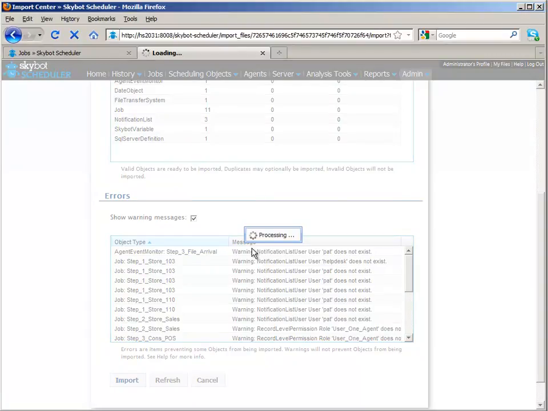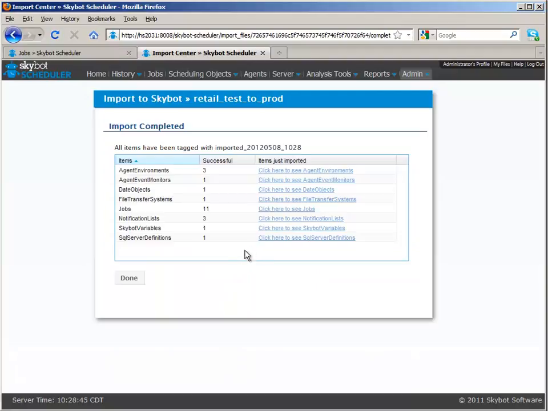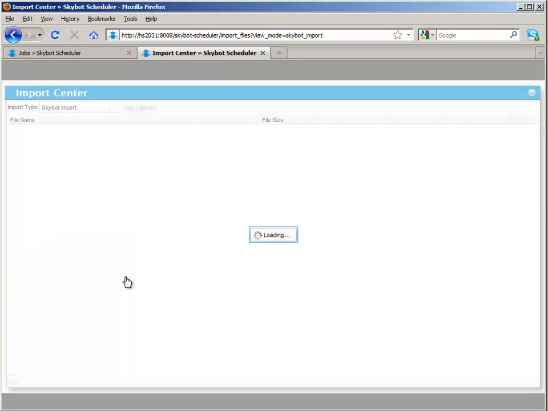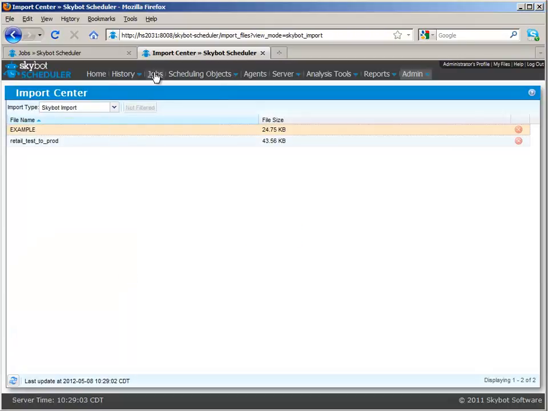Skybot goes out, creates all the jobs with their schedules, adds any scheduling objects that those jobs need in order to run successfully, and tells me in this message that they were imported and the import was complete, and added a tag with the date and time stamp to each of those objects. So now if we go over to our jobs list,